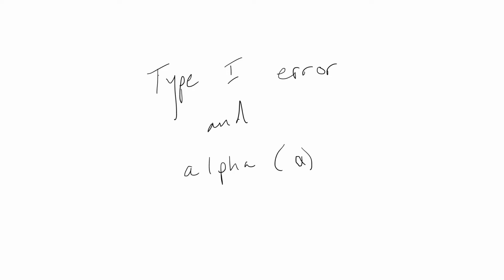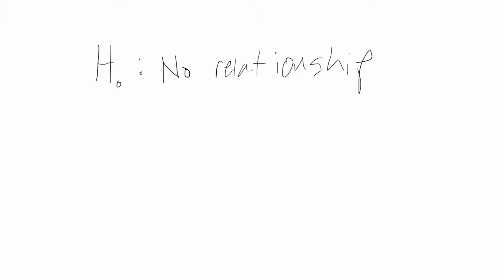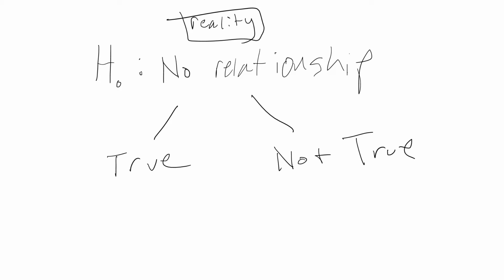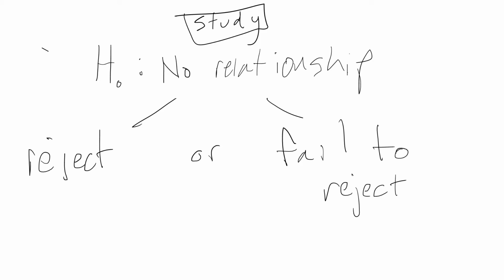In this video, I will introduce type 1 error and the related concept of alpha. The null hypothesis states there's no relationship between our variables of interest. In reality, either the null hypothesis is true or it's not true. When we run our study, we can either decide to reject the null hypothesis or fail to reject the null